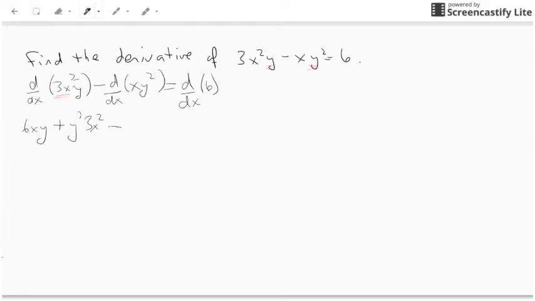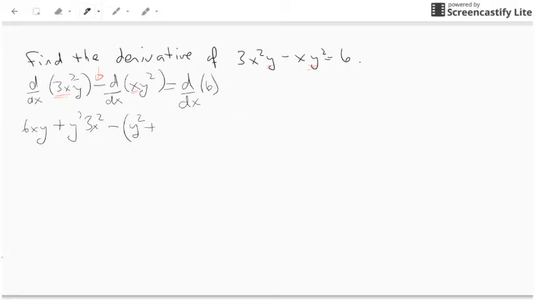Now I'm going to subtract from that, because of the subtraction in between, the derivative of this other term here. Again, I'm seeing an x and a y squared there, so there's two different functions. I'm going to put this in parentheses, because this negative in front will distribute through after I'm done doing this. So I'm going to take the derivative first, and then I'll distribute. Remember, there's the x, and then there's this y squared. The derivative of x is just 1 multiplied by the second function, y squared,